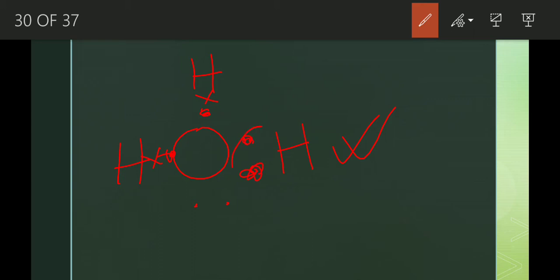Now see what happens. This particular lone pair, which was a lone pair before, is now shared between the oxygen and the hydrogen of that hydrogen ion. The bond that forms between this oxygen and hydrogen is the coordinate bond. That means here the hydrogen ion accepts one lone pair of electrons of the oxygen atom of the water molecule, which leads to the formation of a bond known as a coordinate bond. This forms a covalent bond, but this type of covalent bond is known as a coordinate bond.